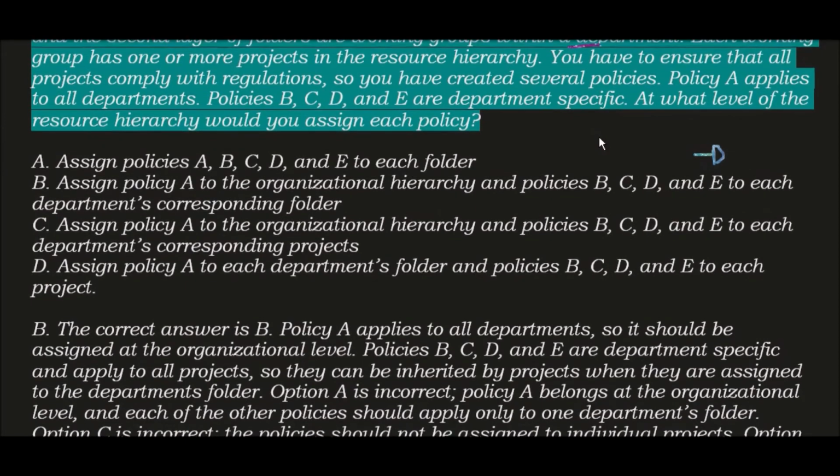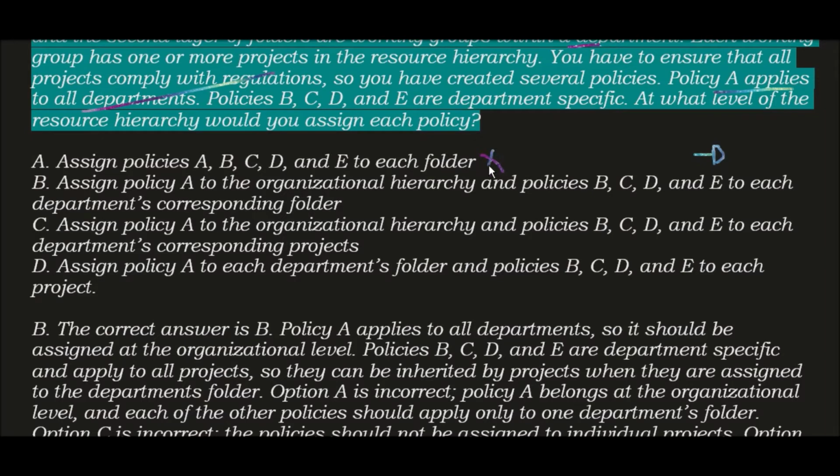Option A, assign policies A, B, C, D and E to each folder, is not suitable for this question because policy A belongs at the organization level, given in the question. Policy A applies to all departments. Each of the other policies should apply only to one department's folder. Okay, so option A is discarded.